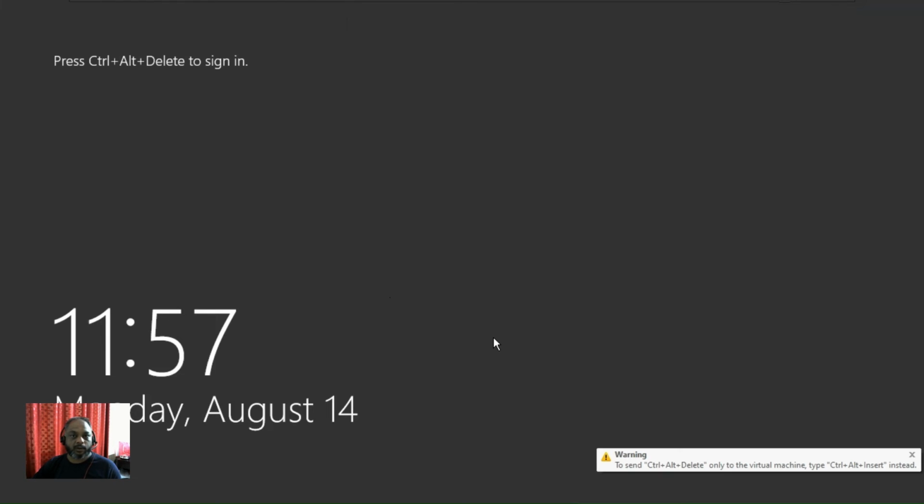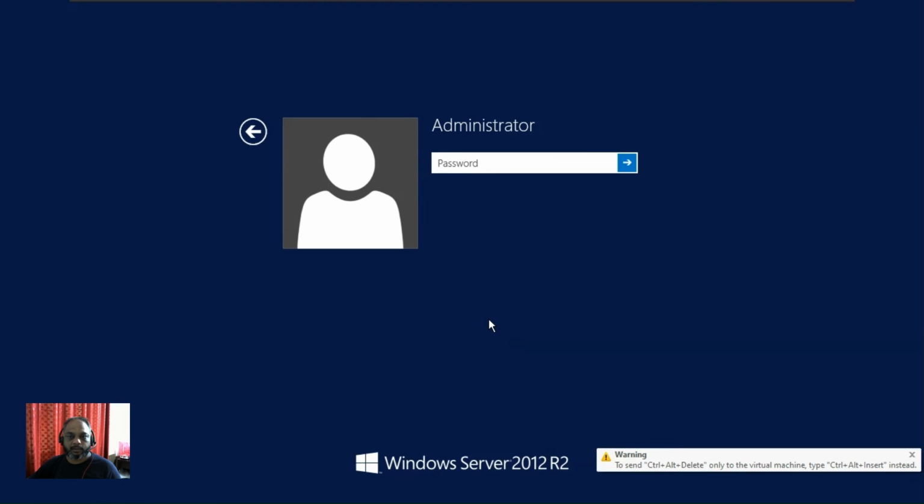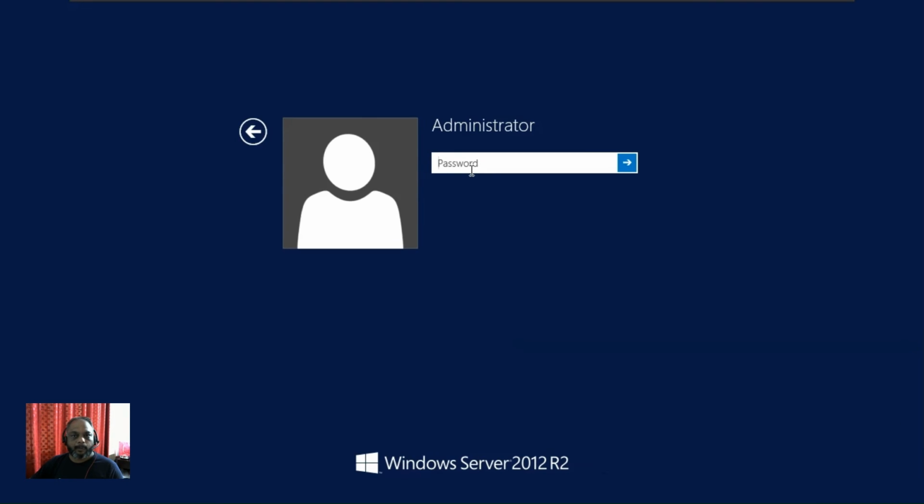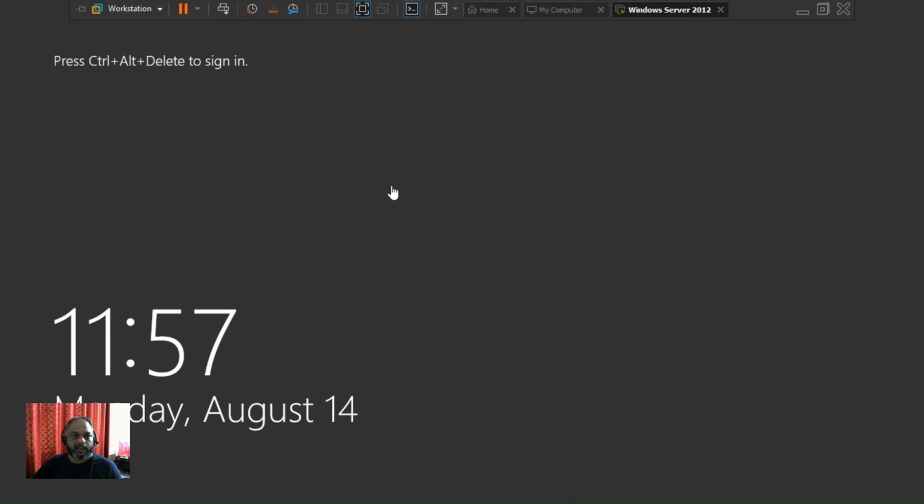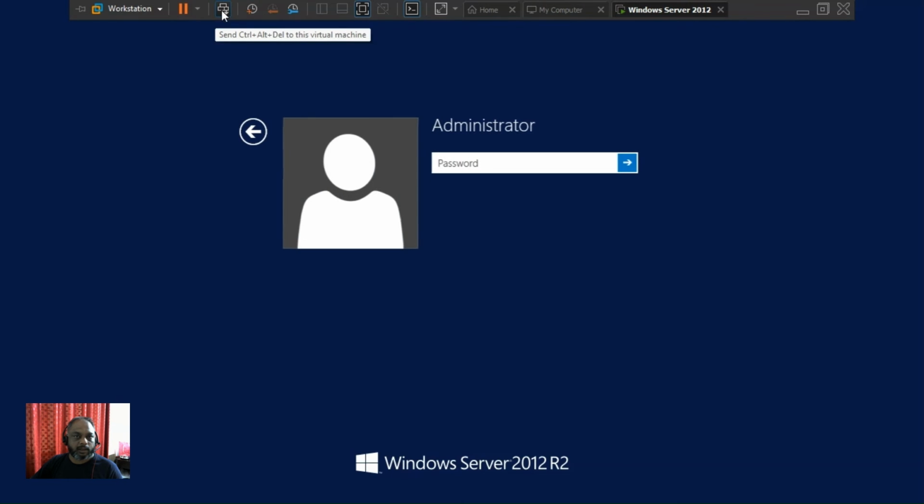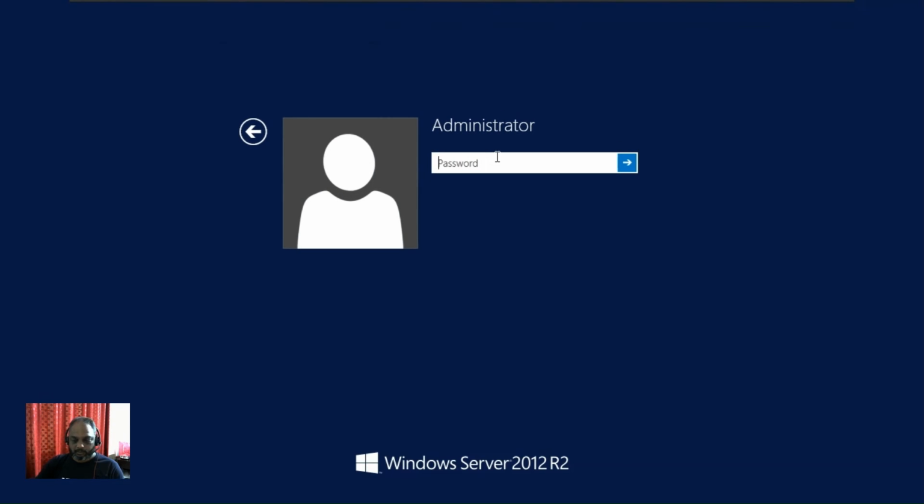If you press Control Alt Delete, it will take you to... So if you want to send the Control Alt Delete to the virtual machine, you have to go to the top and click on this icon to send the Control Alt Delete. Sometimes, out of habit, you press Control Alt Delete and it will take you to the menu of your host machine, but you do not have to do that. Okay,